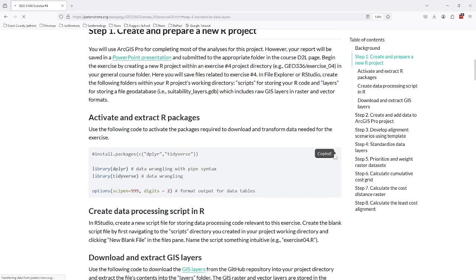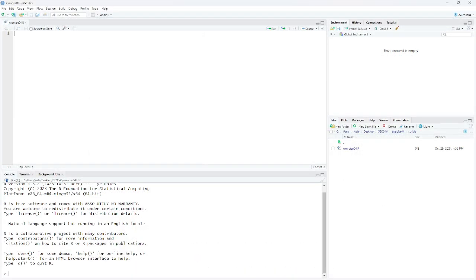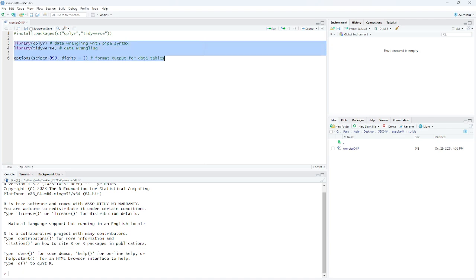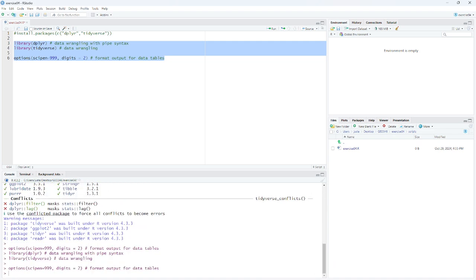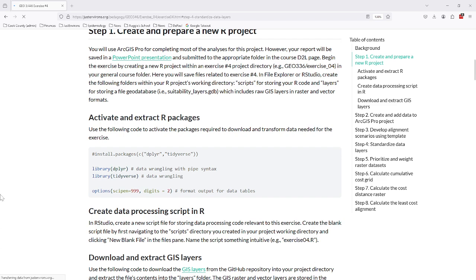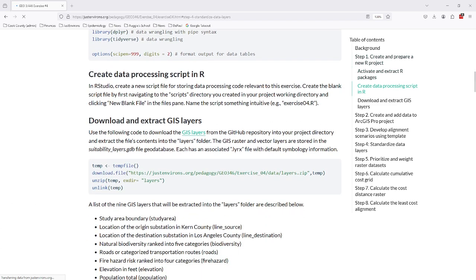And what this does is activates the R packages that we need for this project. It's likely we only need 2 of them, and it's likely they're already installed, the dplyr and the tidyverse. If you do need to install the packages first, you can uncomment that first line and run the first line, but more than likely you can just run these first few lines to activate the packages that are already installed. Going back to the instructions, the next step is to copy this